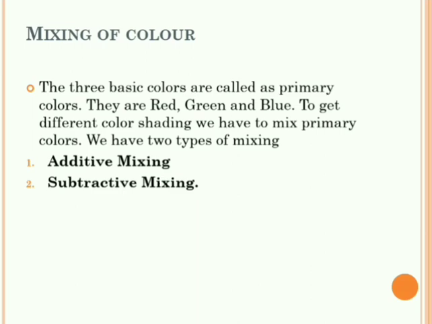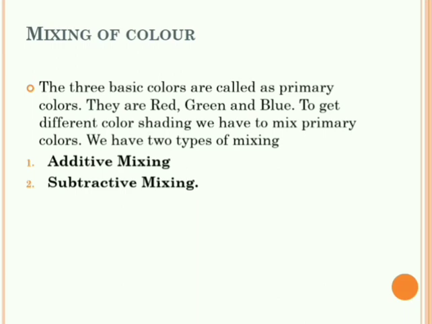As we have seen in the earlier lecture, there are three primary colors: RGB, red, green and blue. Whenever we see a picture on the screen of the television, we can see different colors. How can we see these different colors? Because there are only three primary colors: red, blue and green. We can see different colors by adding these primary colors, so that there can be a number of combinations of color on the television, so that we see different colors. That is the purpose of mixing of the color.